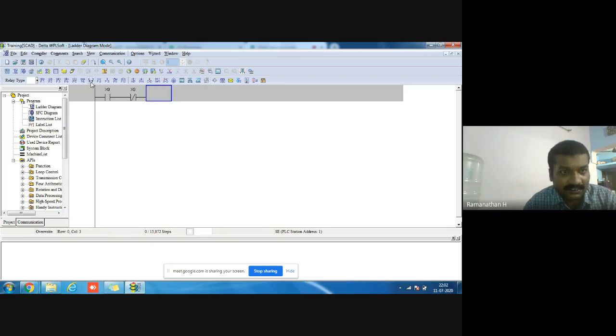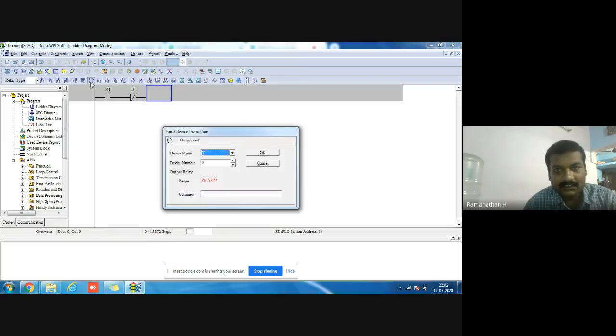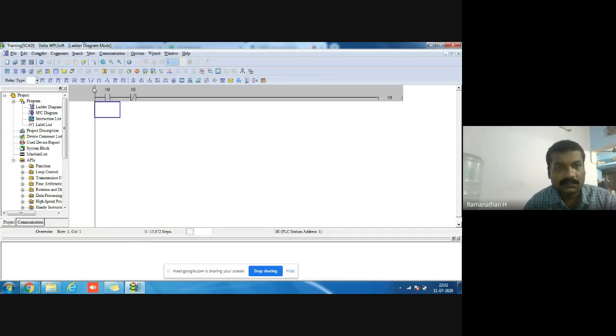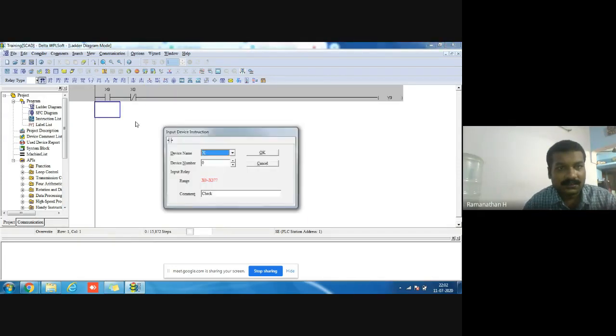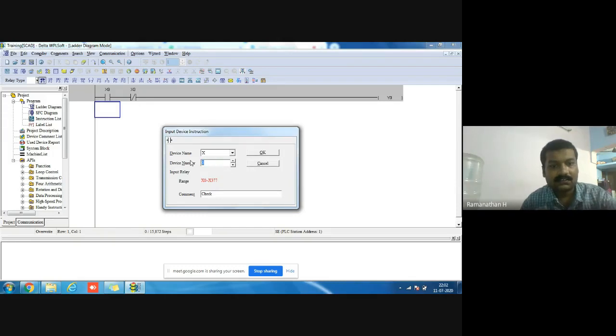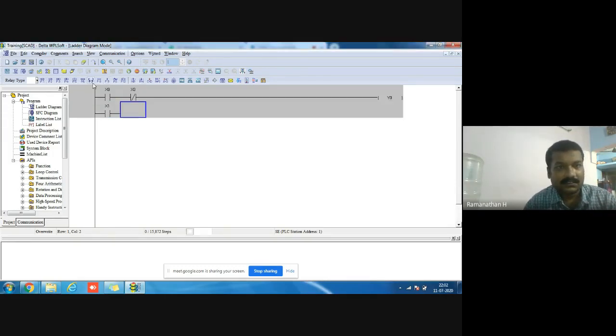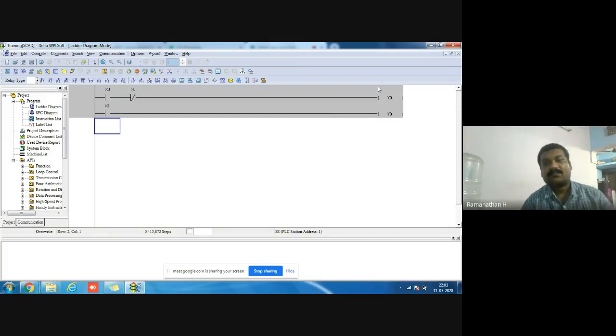But this is the coil, the output coil. I give it as output. Here I add another one. I didn't give any comment. The same name is also repeated.